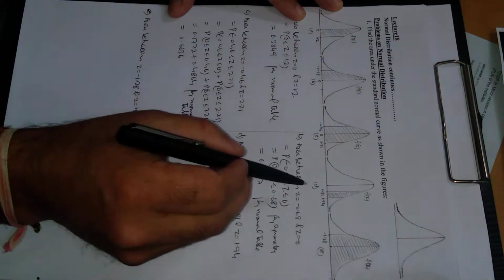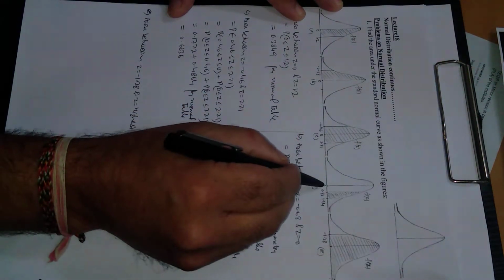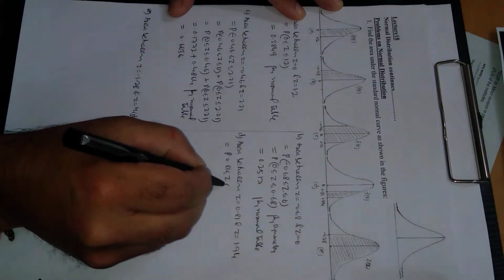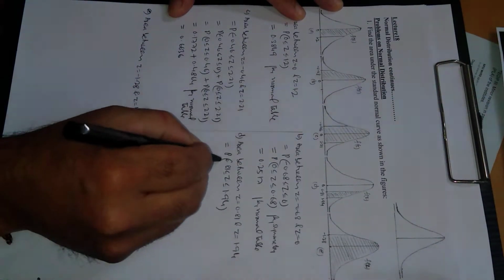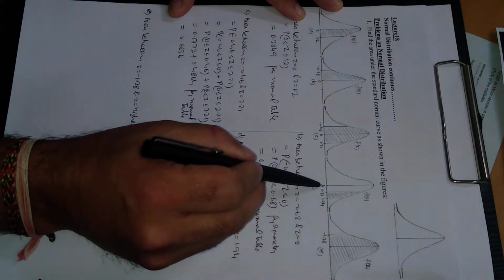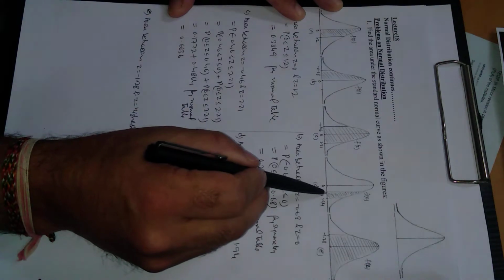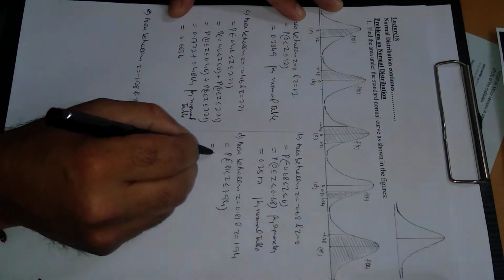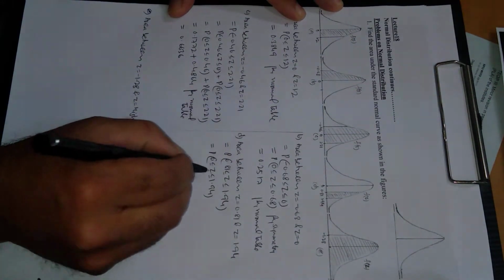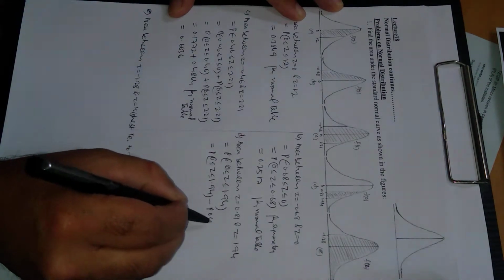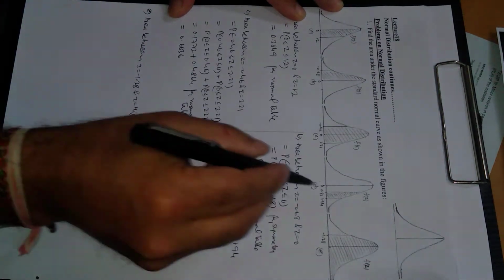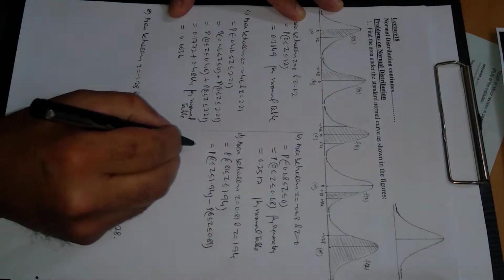Fourth is the area between 0.81 and 1.94. At this point z is 0. So this in probability form can be written as 0.81 less than z less than 1.94. Now see in the diagram, if from 0 to 1.94 we subtract 0 to 0.81, we will be left with the shaded portion, which is the required area. So this probability can be written as probability 0 less than z less than 1.94 minus probability 0 less than z less than 0.81. So this is clear, we will be left with the shaded portion, which is the required area.